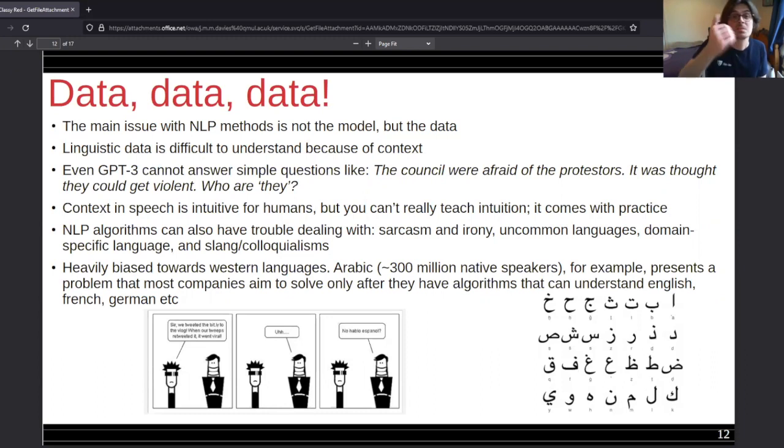There's also domain-specific language. So if you have a look at this comic at the bottom here, sir, we tweeted the bit.ly to the vlog. When our tweets retweeted it, it went viral. And the manager says, no hablo español, don't understand you, right? So this is something that you may well be able to understand. You know what a tweet is, you know what retweeting something means, you know what it means when something goes viral,